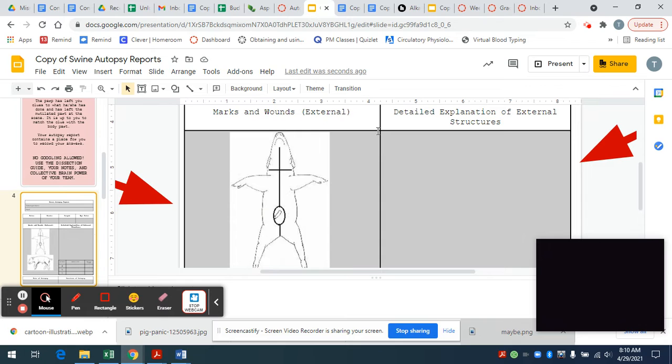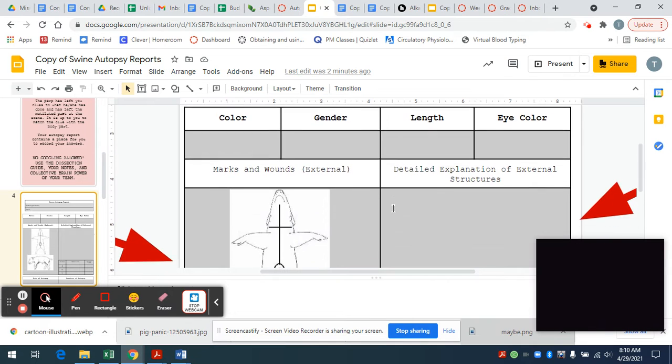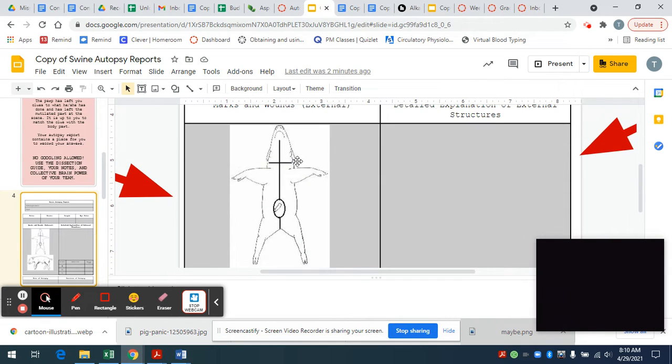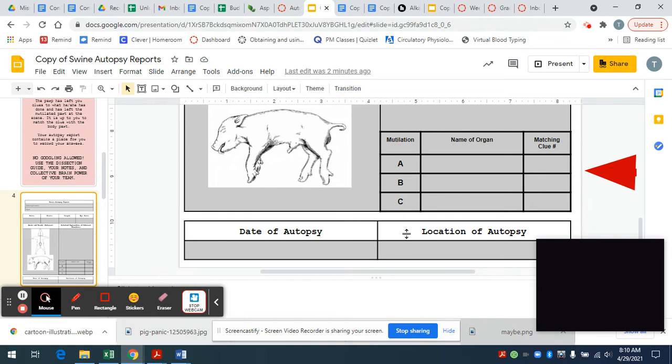Primarily, this is what the pictures will show you. And honestly, I don't even remember if we took pictures of the location to see gender. So don't worry about any of this stuff, honestly, up here if you're a remote student. If you're in person, you can definitely do this. So what you're going to be concerned about is the external wounds here and then the chart that shows the